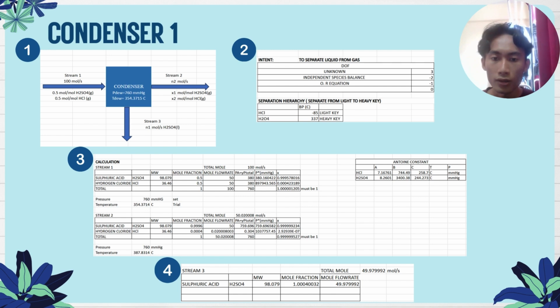So for stream 2, how do we calculate the moles at stream 2? 100 times the molar flow rate at stream 1 equals stream 2 mole fraction and N2. And then we get 50.002 something. So we get the temperature, 387.8314 Celsius. For stream 3, we just calculate manually, or we put in the formulas, and then for sulfuric acid in the liquid phase I get